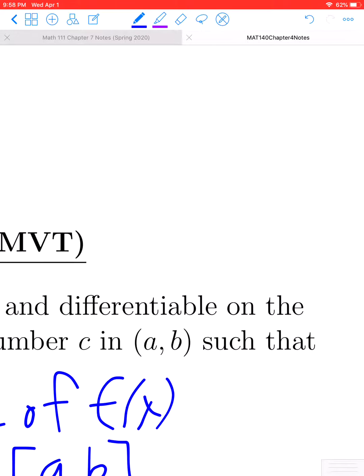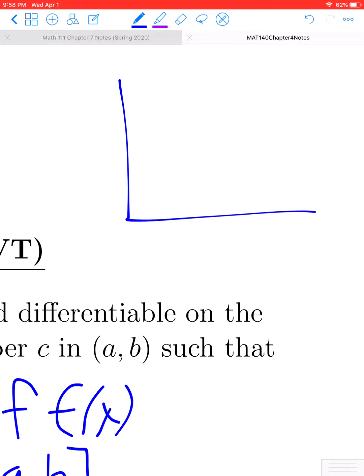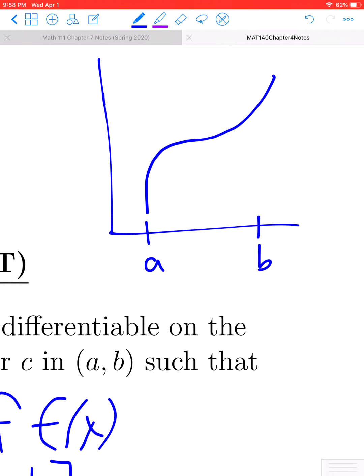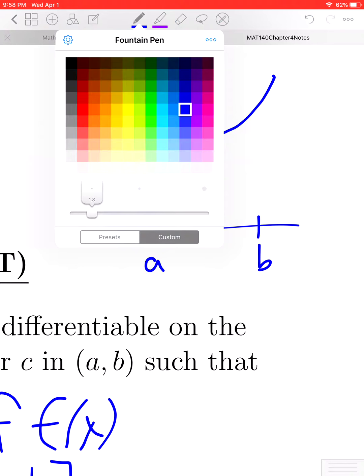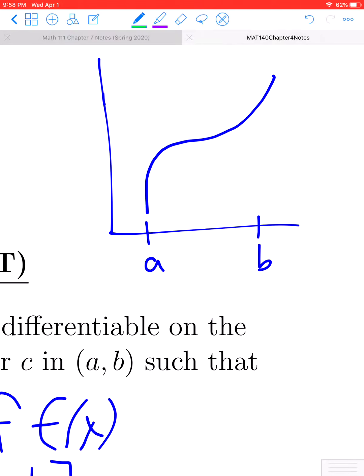If you want to visualize what's happening here, let's suppose we have a, we have b, so we have our closed interval. Suppose the function is continuous on the closed and differentiable on the open. Then essentially what this is saying is that there's going to be some point c between a and b where the instantaneous rate of change,